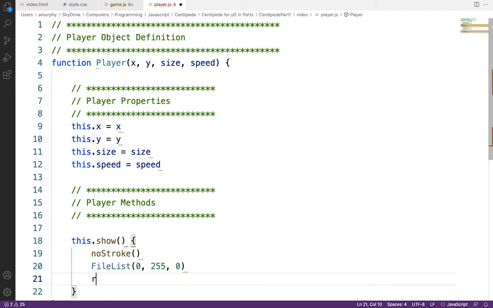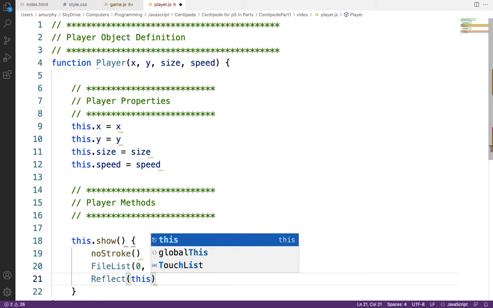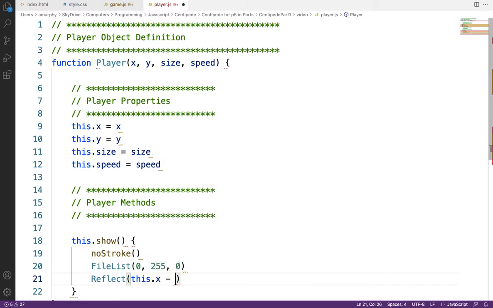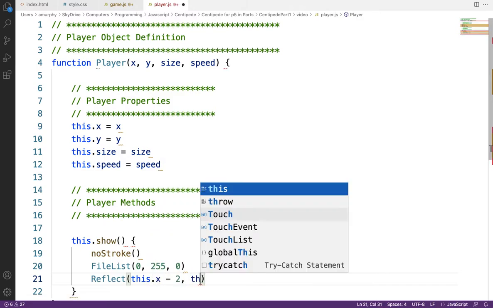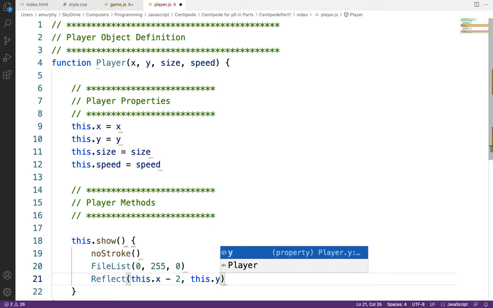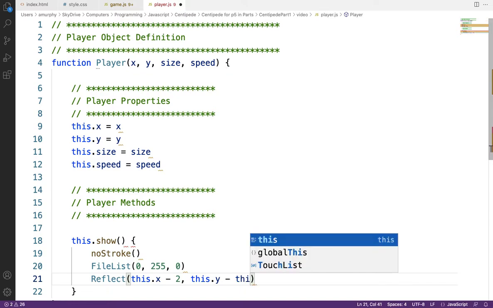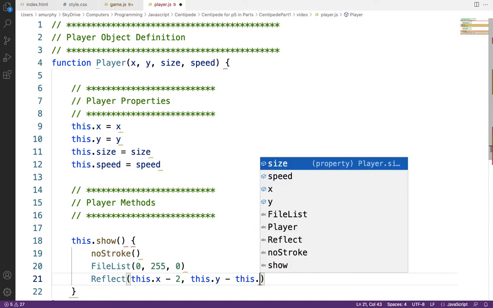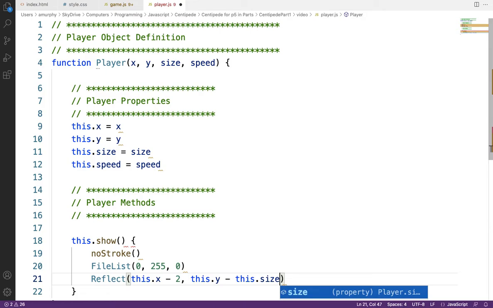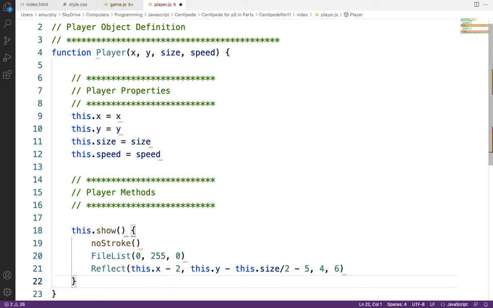So the way I did that is I made a rect, and I said I'm going to start that just to the left of center, so this.x minus 2, and I moved it up from the center, so this.y, but I moved it up half of the diameter, and so that accomplishes that. But then I had to move it up an extra 5 pixels so that it starts high and draws into the shape. And then I made the width 4 and the height 6. And what that does is that puts a little,